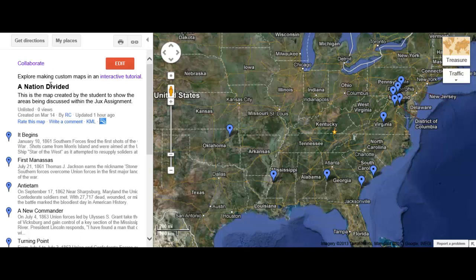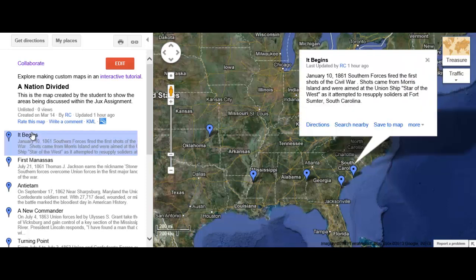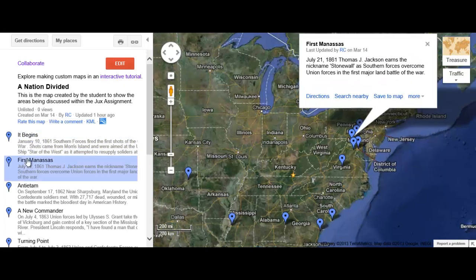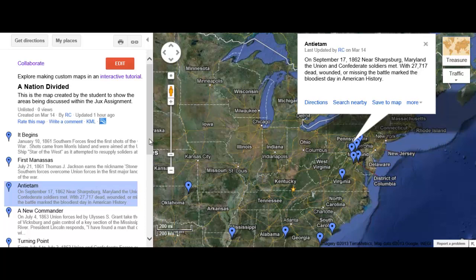This map has been created by the student to show the areas being discussed, and then we'll go over into the Jux assignment and show you as well here in just a moment. As you can see on our map, we have place marks in various locations throughout the United States. And these place marks have been given summaries, and if you click on each individual place mark over here on the left-hand side of the screen, you will be given the summary that goes along with each individual place mark. And as we scroll down our list and we click on individual locations, you'll see that the pop-up box and the summary will come up on your screen,